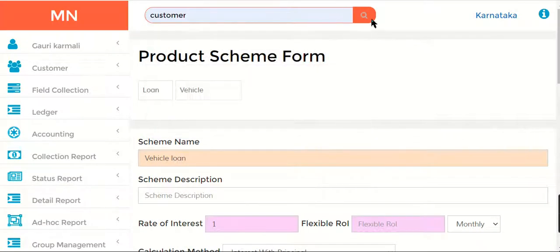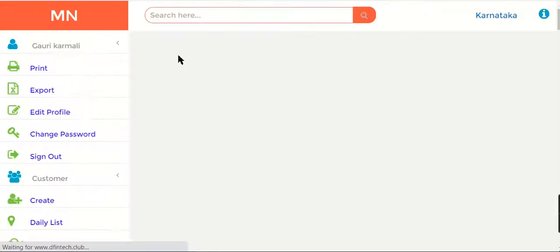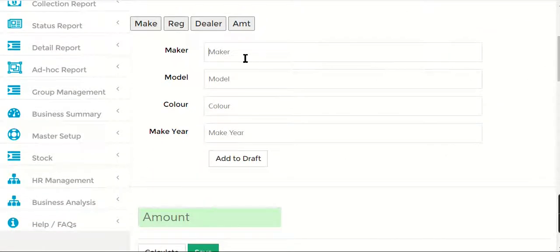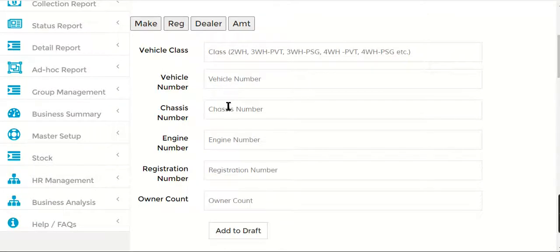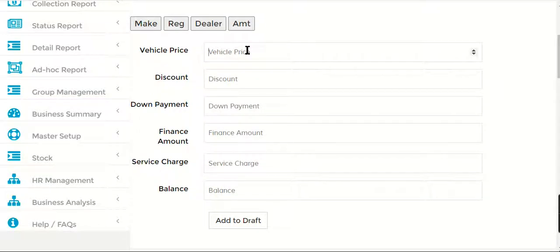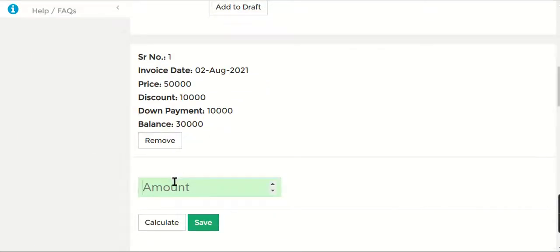So let me just search for customer. Now when we try to create a vehicle loan, it will ask you for certain vehicle information. That is the maker, model, color, make. So you add these tabs first. All your registration details here, dealer details, amount, say vehicle amount is like 50,000, discount you're giving is 10,000, down payment he has done is 10,000. So finance amount will be, basically balance will be 30,000. Okay, so you just add to draft here, and then whatever the balance is, you create the loan for